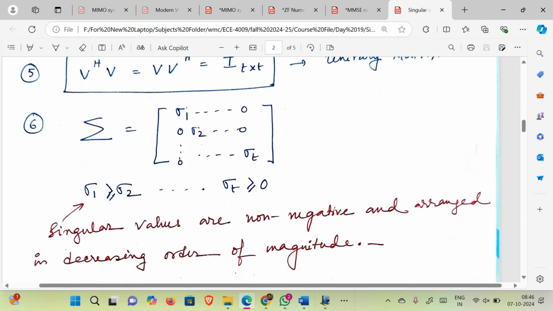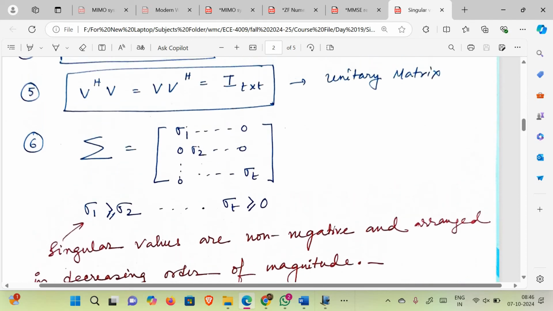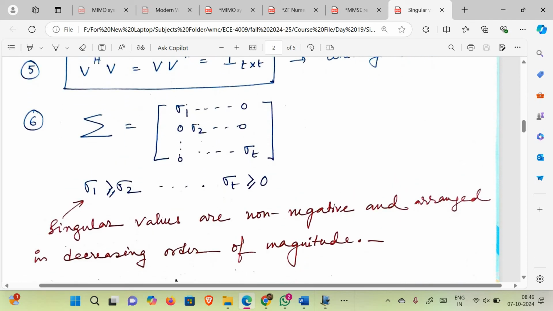Now comes the sigma effect. The capital sigma is given by a factor as